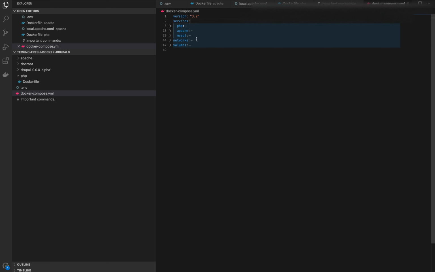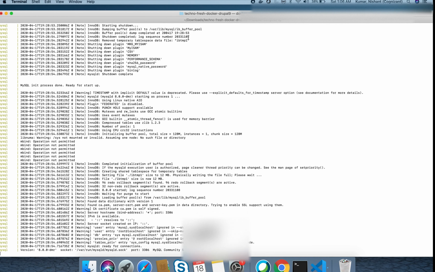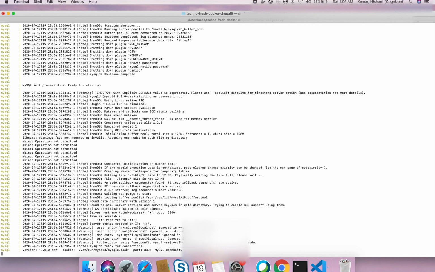So the PHP, Apache, MySQL containers will be ready. I have already run Docker compose up for you because it takes some time to run. I have gone to this folder and it was running, and I'll show you. You can see, yeah, it has stopped. So right now you can see this has been done and it's ready.